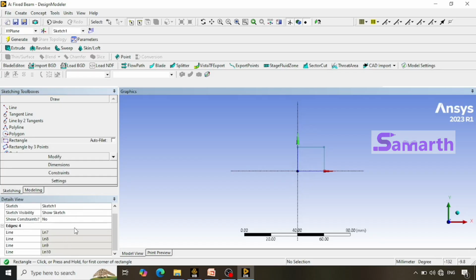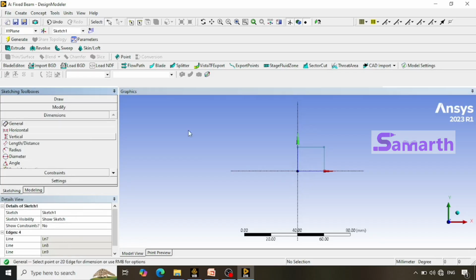So go to the dimensions, select this line, drag it and leave it, select this line, drag it and leave it. So you need to give V1 and H2 dimensions. Both are 20. Okay. Now click on extrude